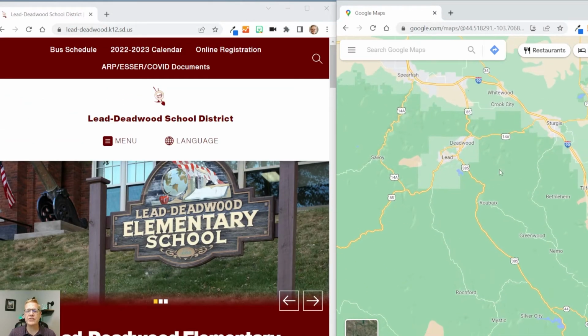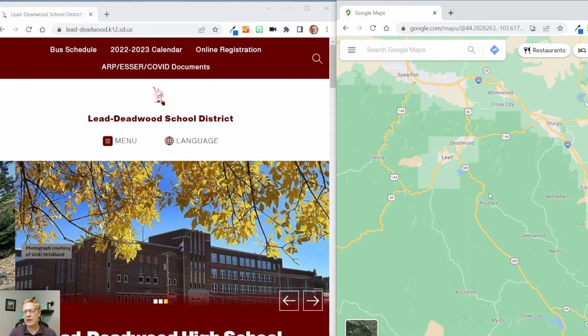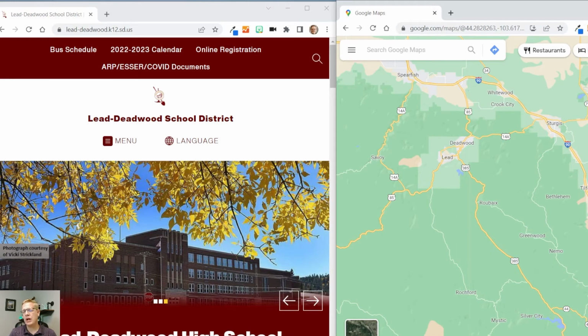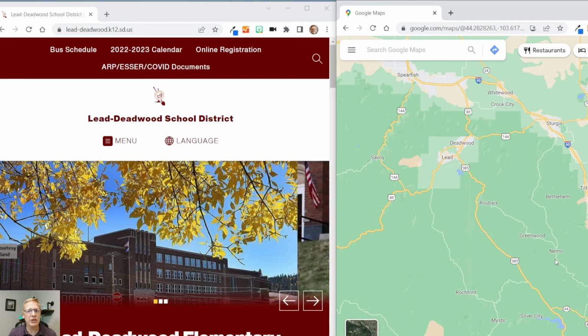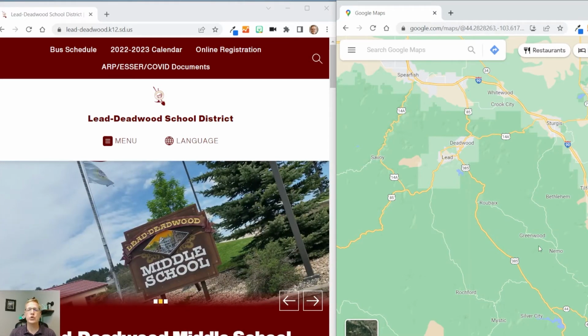And then south of Spearfish is the Lead Deadwood School District. Now here's where you have to kind of be careful through here. Like Nemo Road, about halfway up Nemo Road is still Rapid City School District, and then that switched over to Lead Deadwood at some point. So when you're living in the hills, make sure that you know what your school district is on the property that you're buying.